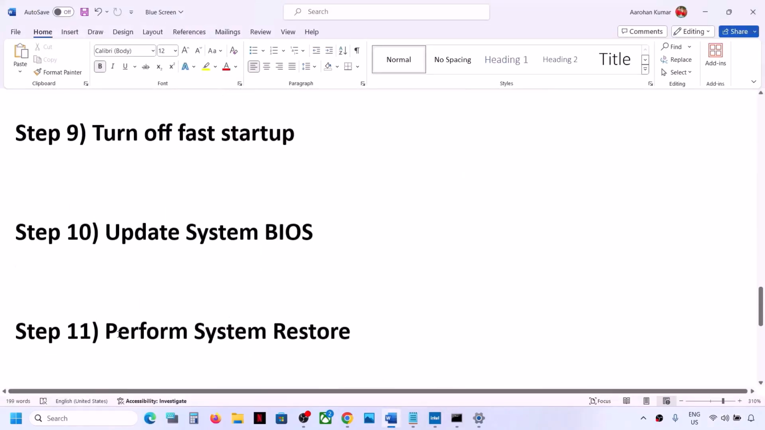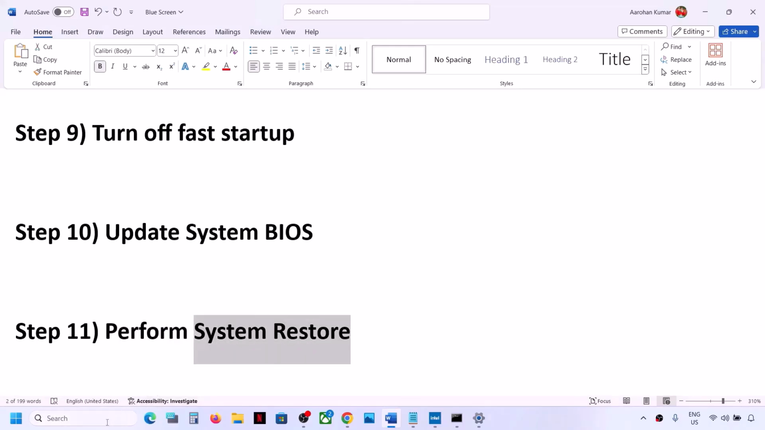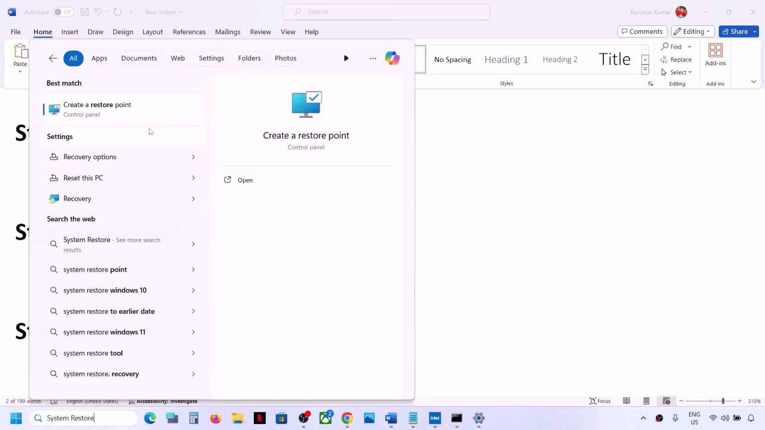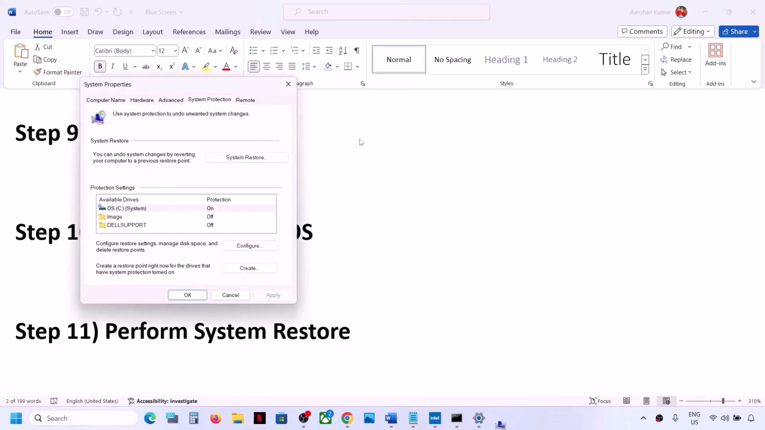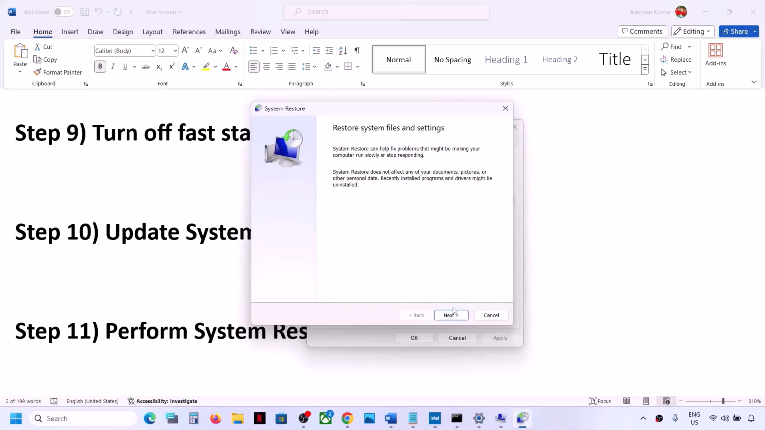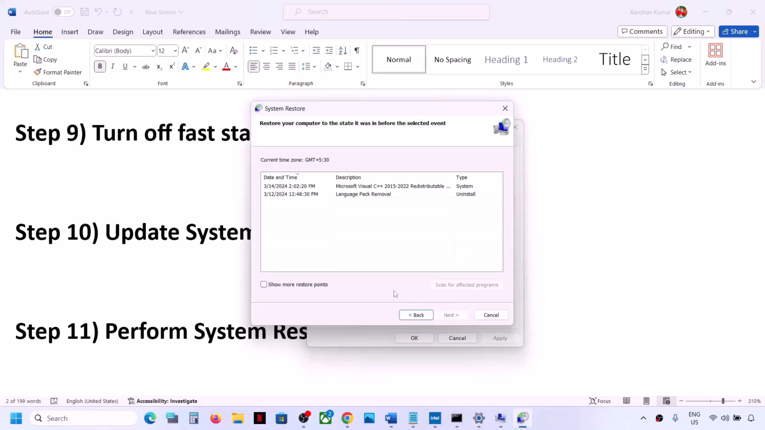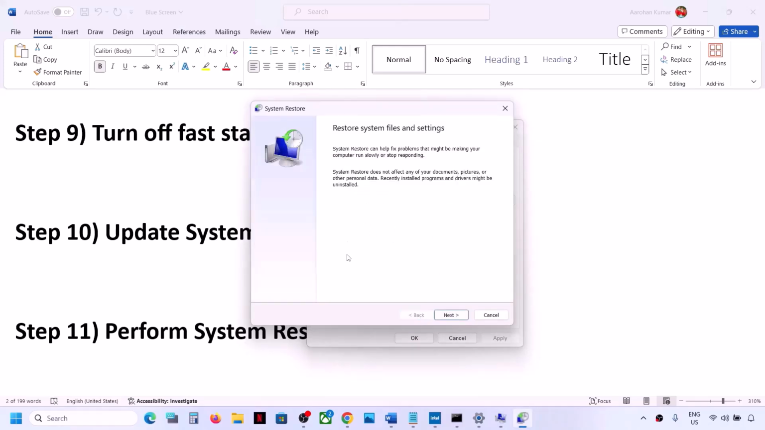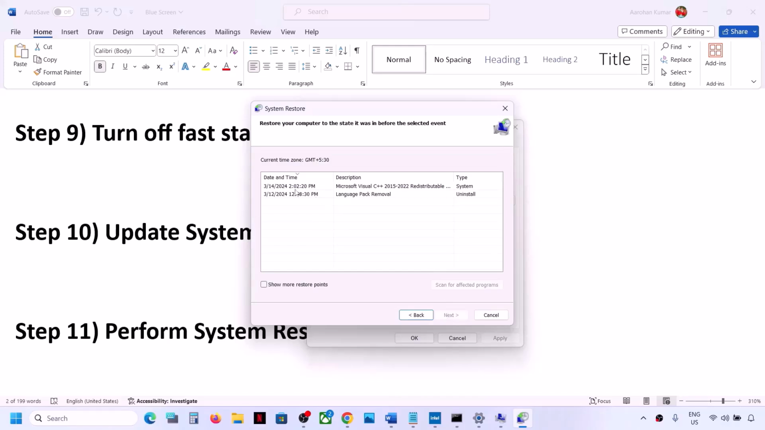Now next step is to perform system restore. Sometimes this takes care of the problem, so you can perform system restore. Type in system restore in Windows search box and then click on create restore point, and then click on system restore over here, and then click on next. And then if you see the option which says choose recommended, so you have to choose recommended and then click on next,